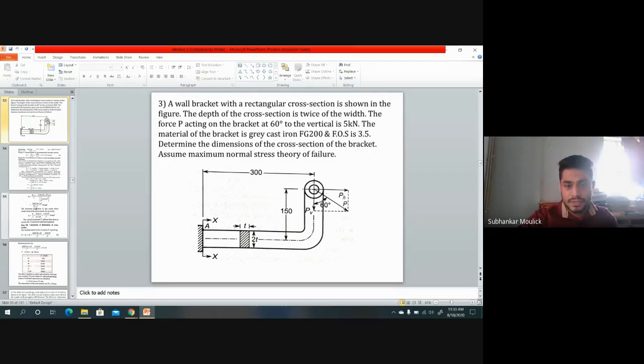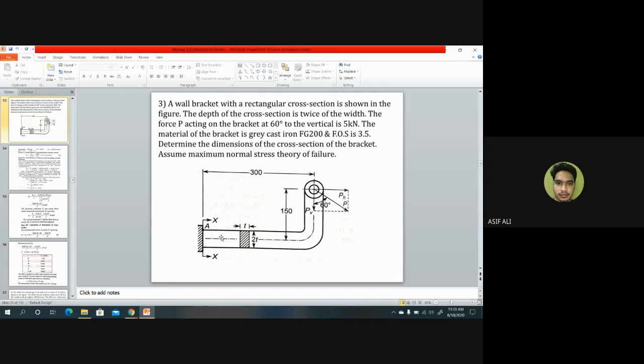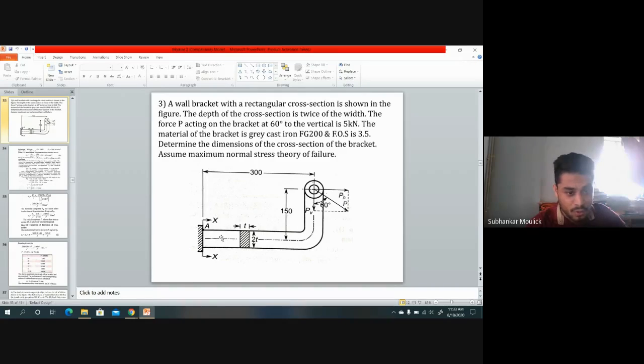But if you see in this diagram, there are two components of force. One is component PH and another is component PV. Can you tell me what the horizontal component PH will be doing in the component? That means this horizontal component PH, what will it do in this particular component? Sir, bending moment will be there because of PH. Okay, anyone else? What will PH do in this whole problem and what will PV do in this whole problem?